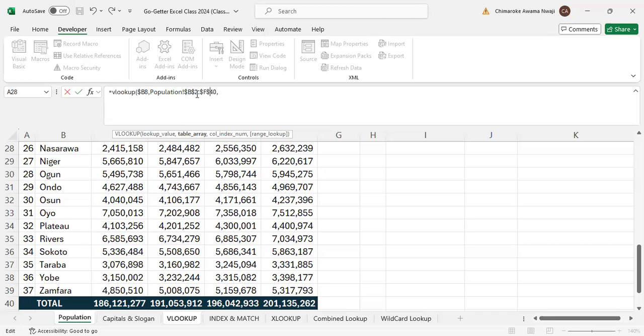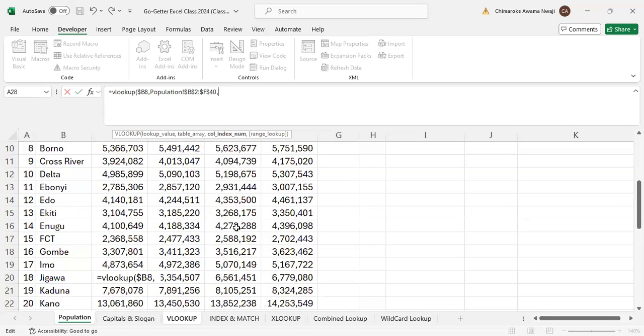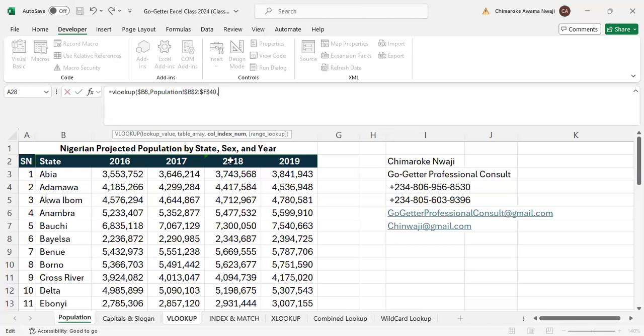Now, by the way, when you see a colon in Excel, it means to. That's a range. So B2:F40 means from cell B2 down to cell F40. Okay. Now, my column index number, I want it to be, this is 1, so this should be 2. I'll put 2 here,